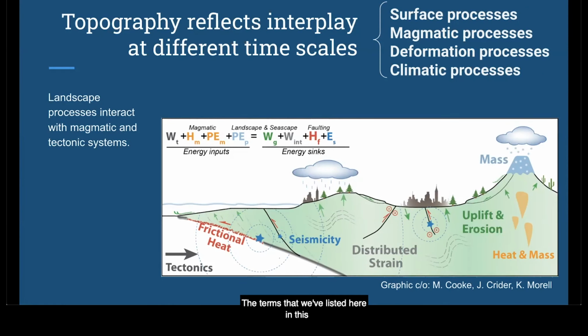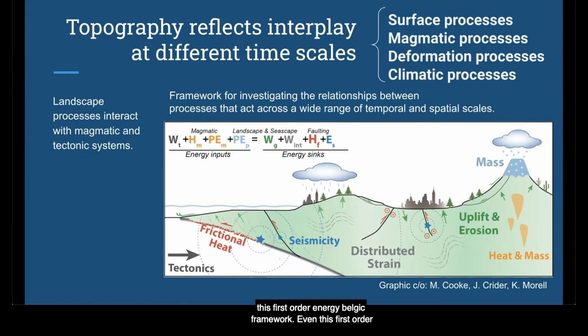The terms that we've listed here in this first order formulation include potential energy of precipitation mass added to the system and energetic sinks of work against gravity and internal deformation. We also recognize that this is a very simple treatment of a very complex system. We could add many more terms to this formula when we consider, for example, energetic contributions of crystallization within the magma chambers, energetic loss of production of damage within fault zones, and energetic sink of grain abrasion and wear during transport. Even this first order conceptualization of the energy budget provides a framework for investigating the relationships between processes that